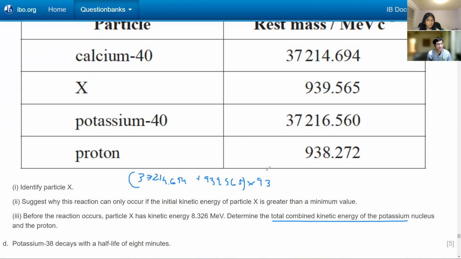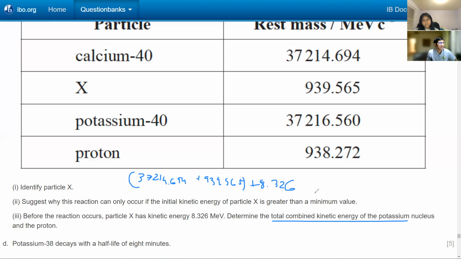Hey, what are you doing? This is the rest mass in atomic mass units, right? No. Then what? MeV over c squared, which is essentially atomic mass. But do you need to multiply by 931.5 again? Oh, that's a good question. I don't think so. You wouldn't multiply by it. Yeah, you're right. You would just multiply that by c squared, and now it's in mega. Okay, then you add that to